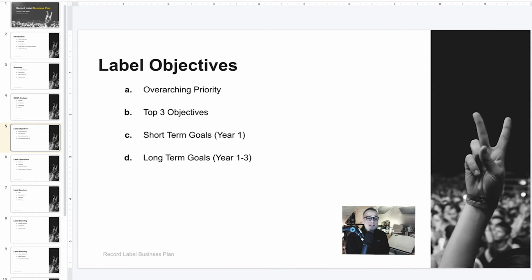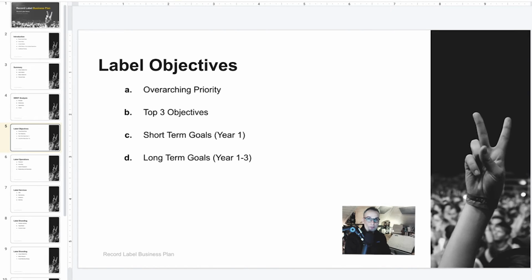And maybe it's a good idea to come up with top 3 objectives. Like, what are your top objectives for the record label? And maybe you could put those into buckets in different categories. One of them is maybe a financial objective. One is maybe a more philosophical objective about helping artists or helping marginalized groups or fundraising. And then a final one could be more about the art or the creativity, or something like that. And so come up with a few objectives that all complement your